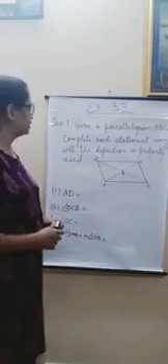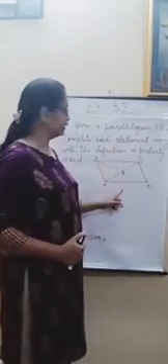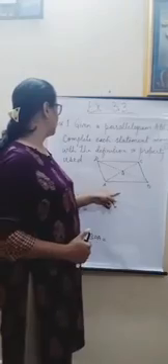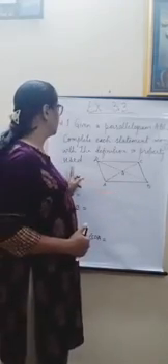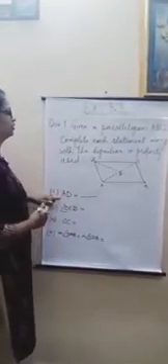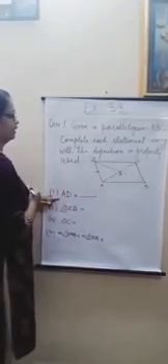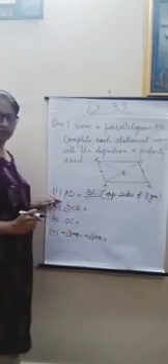The first question is, given a parallelogram ABCD, you have to complete the statement along with the definition and property used here. You see, you have to complete this. AD is equal to. So you can see AD is a side and its opposite side is BC. So you can say AD is equal to BC and you can write that opposite sides of a parallelogram. This is the first property we have seen.